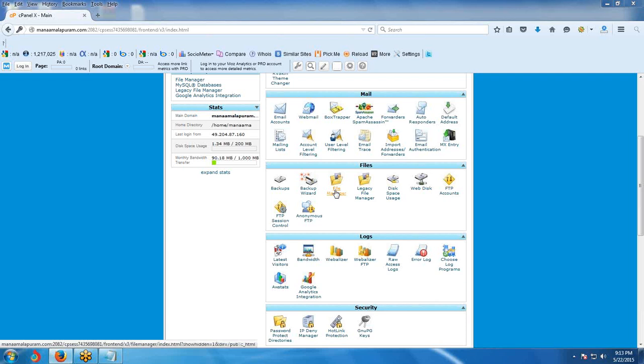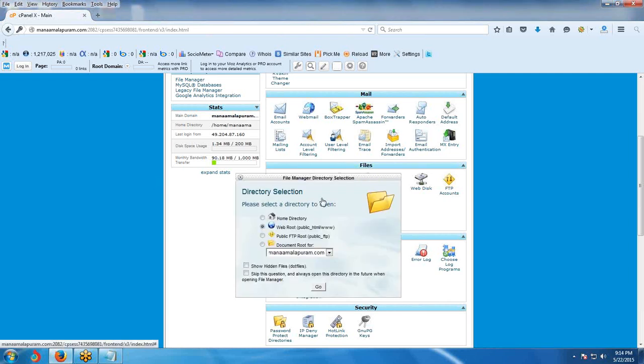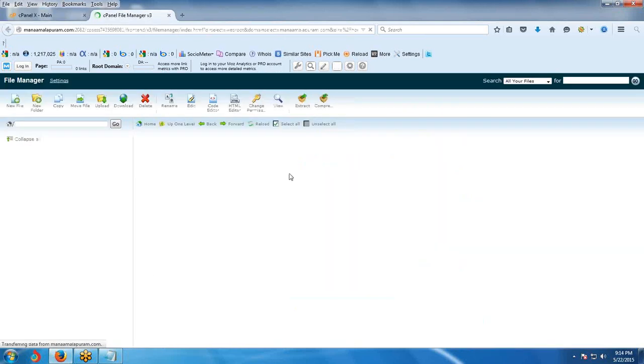Already the software is available in our system. The software is available on your system, right? If you want to upload the software, just go to Files and File Manager. Always we must select this root folder, webroot, public underscore html. Sometimes if we select another one, the software is not working, so we must upload all the files in the webroot folder only. Click Go, click on Upload,